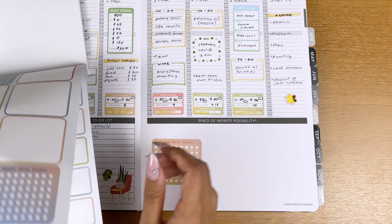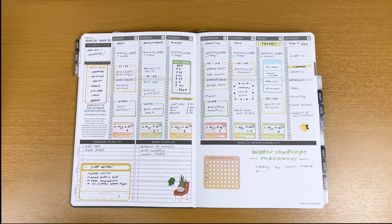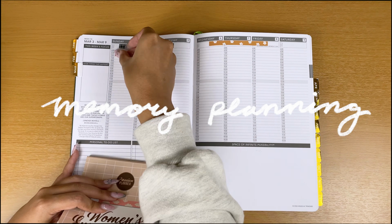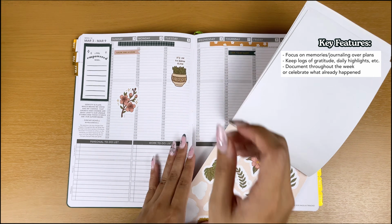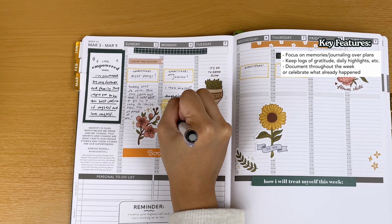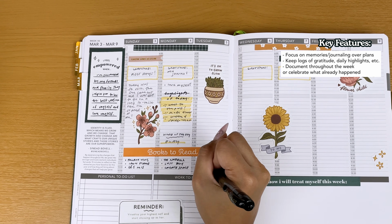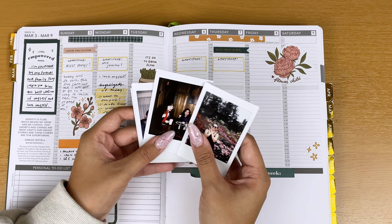I personally love using functional planning to write down daily routines and track things like sleep and finances. Memory planning is all about using your planner as a way to document your life or celebrate the things that have already happened. This system is ideal for those who love to journal or have other planners to organize their life. Some common memory planning activities include using your planner as a journal, writing down daily or weekly memories, or